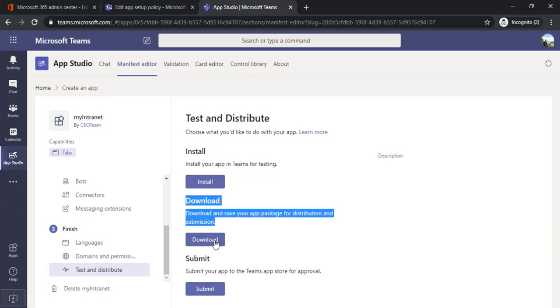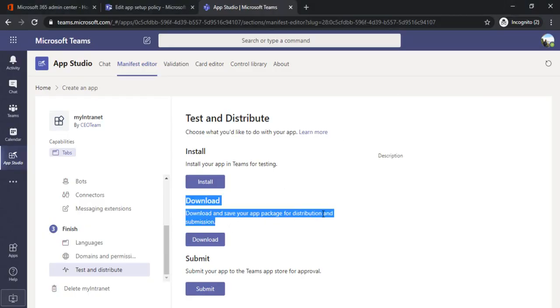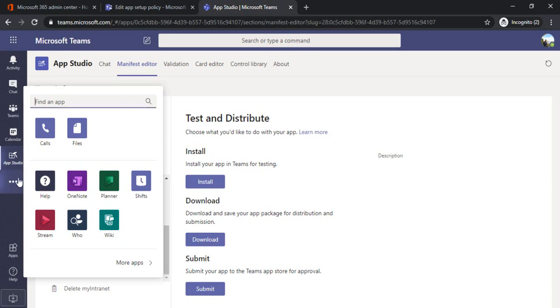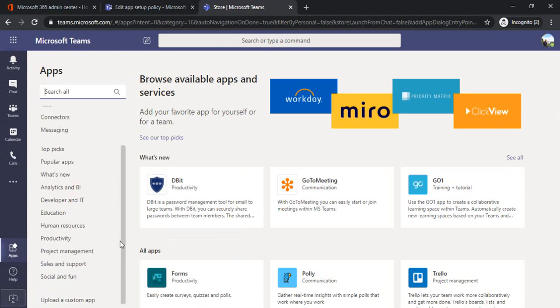So I'm downloading this app, and it will download to the download location. Now I will go back, and again under more apps I'll upload whatever we have downloaded.